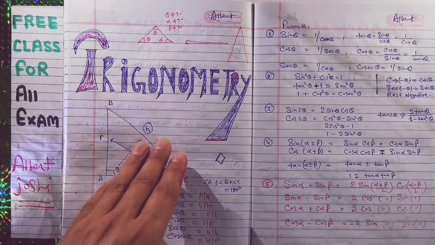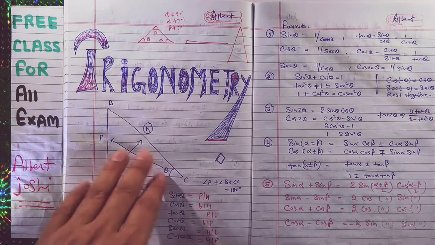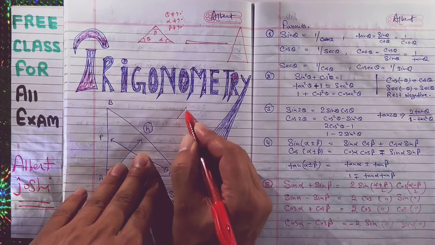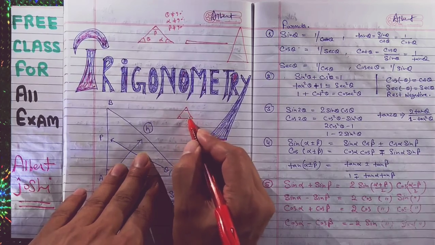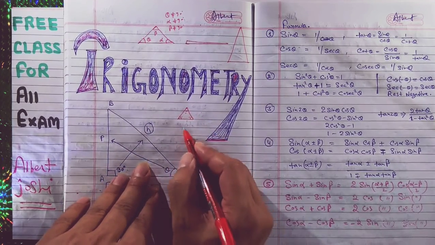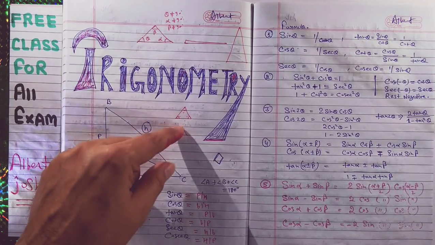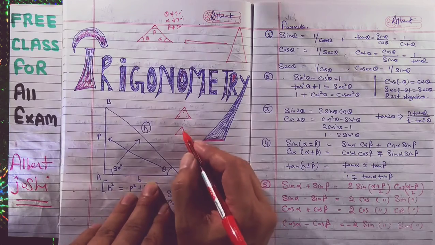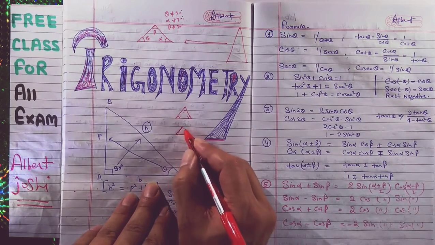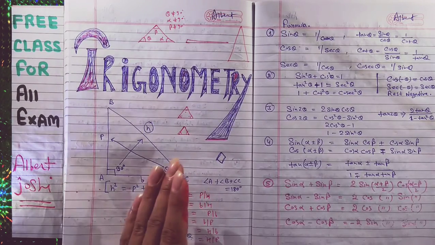There are three famous triangles. One is the right angle triangle, the second is the equilateral triangle: if all the sides are the same, then every angle is 60 degrees. The third is the isosceles triangle, for which we have also uploaded a video. You must check it. Isosceles means two sides are equal and two angles are equal. Here we are not discussing the triangle.